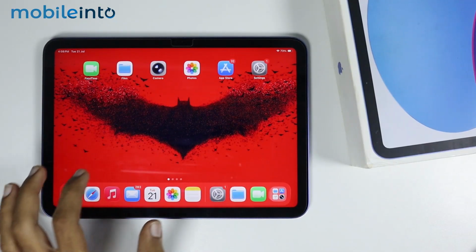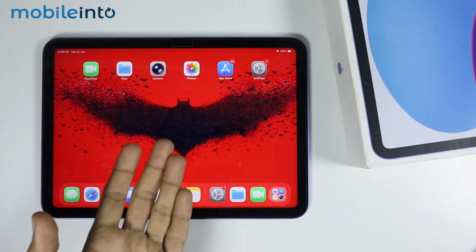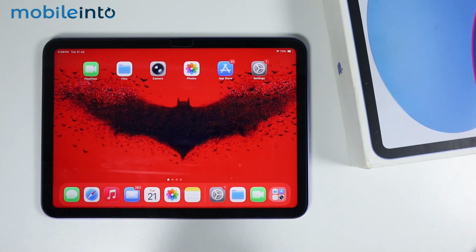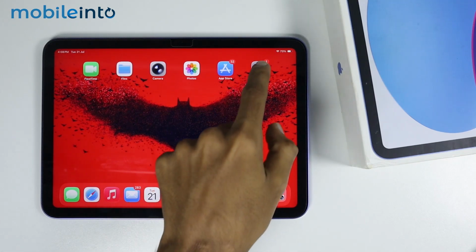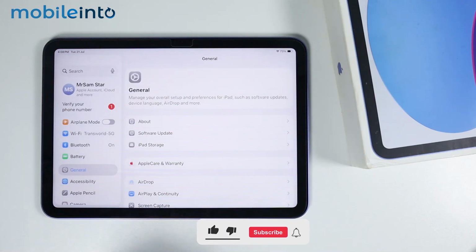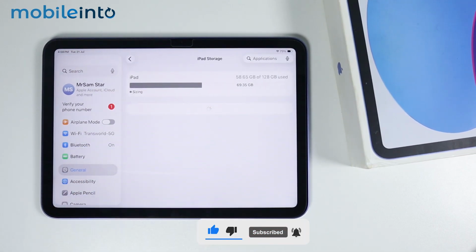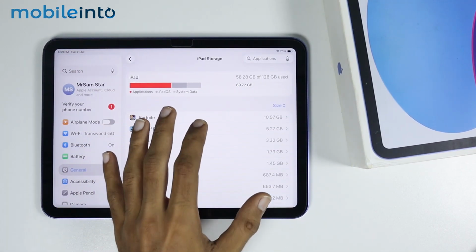In this video, I will show you how you can speed up your iPad 11a16 if it has slowed down. To do that, just go to Settings, and under Settings, just tap on General. Under the General Settings, just tap on iPad Storage, and from here, just make sure that you have enough storage